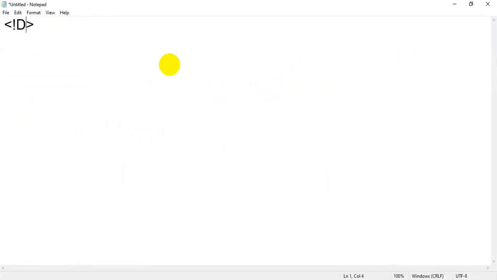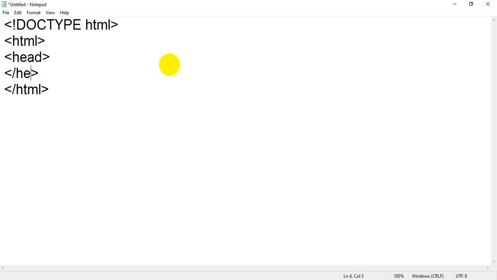My first line will be the doctype, and the doctype is html. Then the first tag will be html and the last tag will be closing html. Between these two tags we will have other tags: on top the head tag, then the closing head tag, then the body tag and the closing body tag.